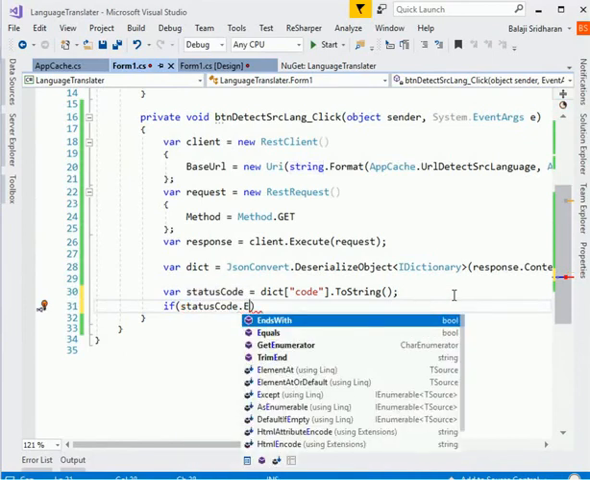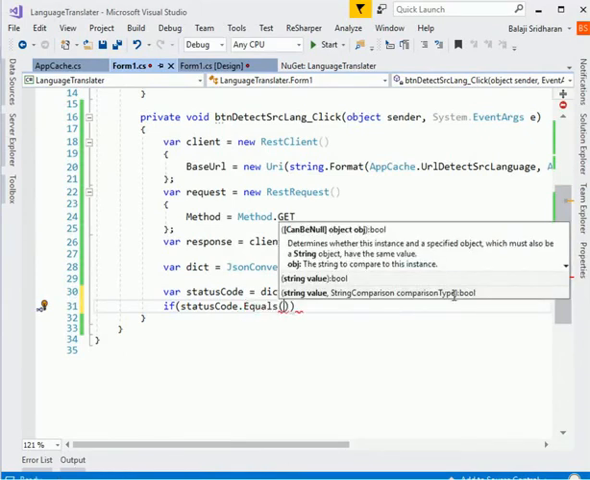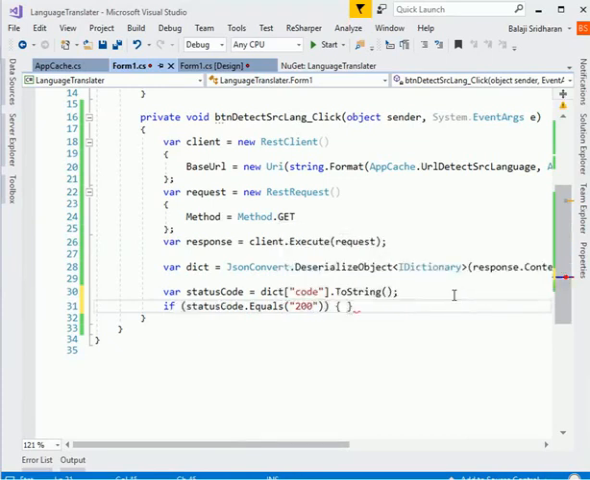Code dot equals 200. If the status code is 200, we want to return its language, the source language that is available on the lang key. So I will set that